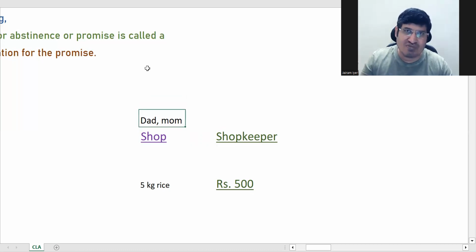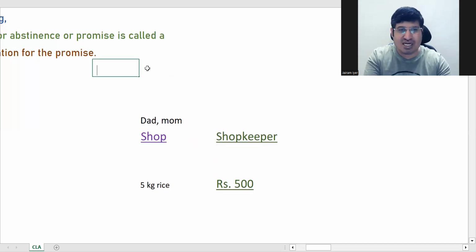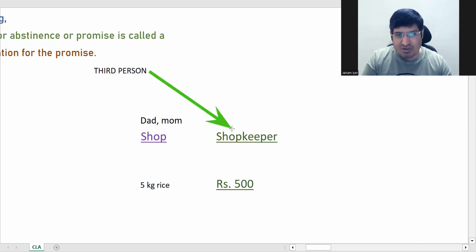You go to shops and you don't have money sometimes. You just call someone and ask them to transfer. Correct? So in this case, are you paying the consideration? It's the third party who is paying the consideration, correct? Right? So if you were the shopkeeper, what will you say? Will you say that you give me the consideration, otherwise I will not take it from the third person? No, right? So just remember that consideration can move from a third person.